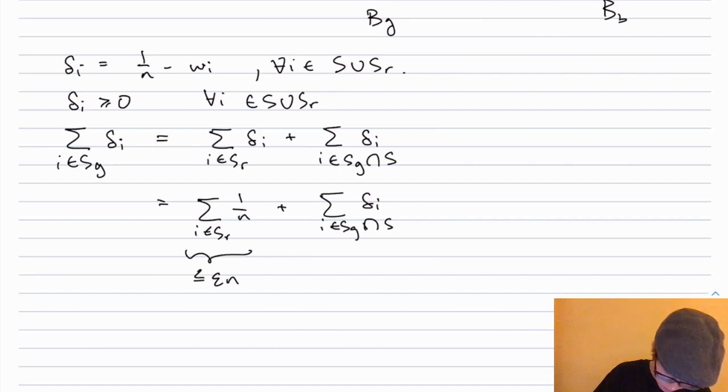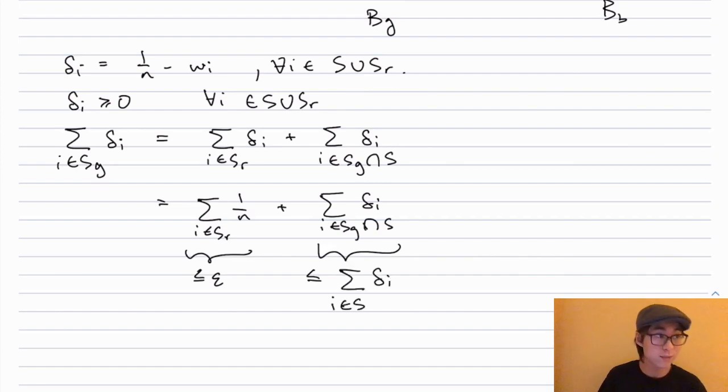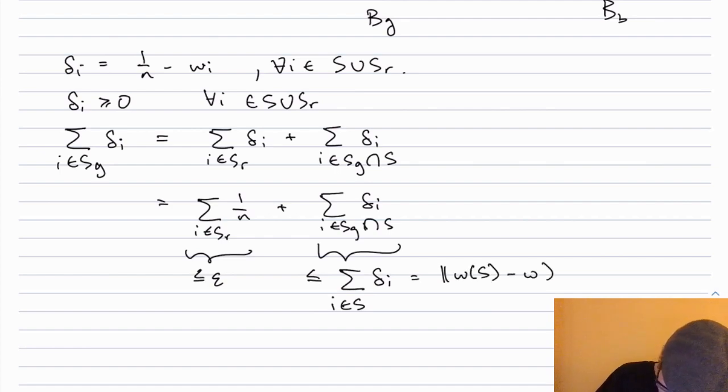And the second can be upper bounded by the sum over S of delta_i, because the delta_i are all non-negative, so I can just add in more non-negative summands. But this is equal to the L1 norm between w on S and w, which is epsilon. So overall, the sum of the delta_i is at most 2 epsilon,